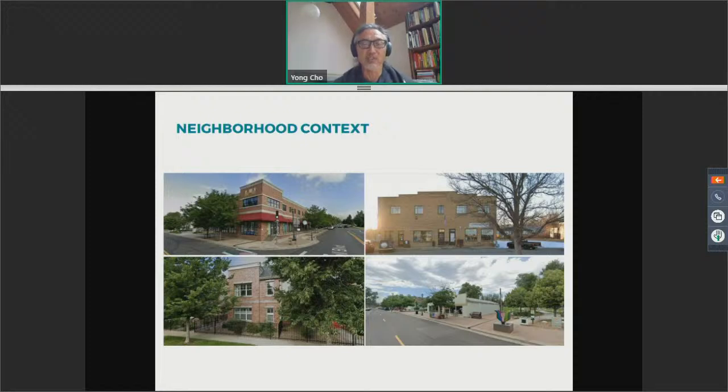We really see this project as a catalyst, a gateway component that begins to really bring about change and enrich Lowell Boulevard and 73rd Avenue. As you can see, the texture is rich, the material is rich, and we hope to build upon what is existing and really bring about the best that is to be found there.